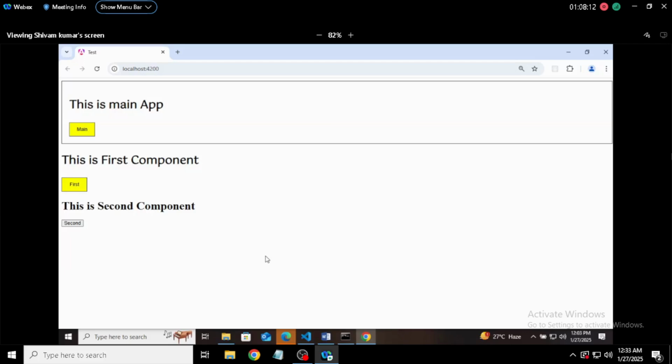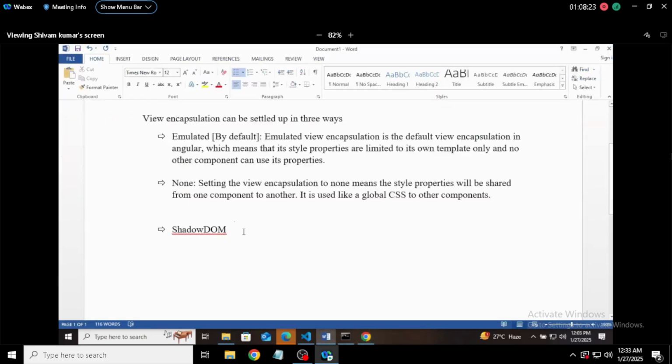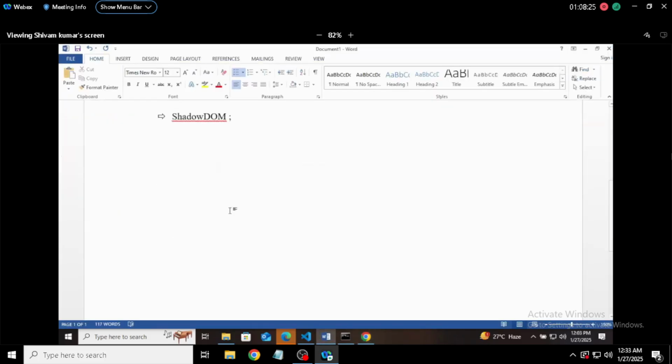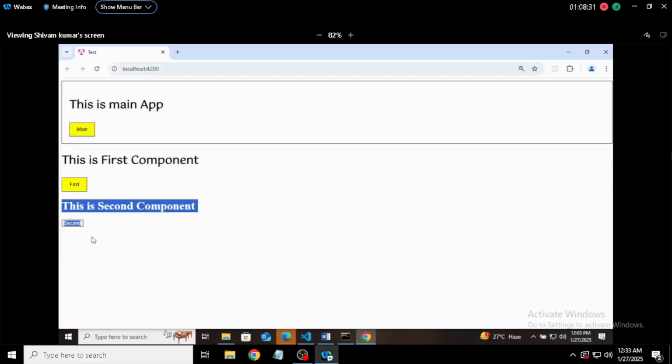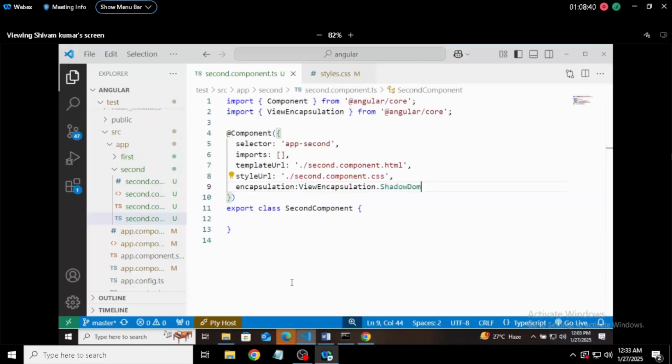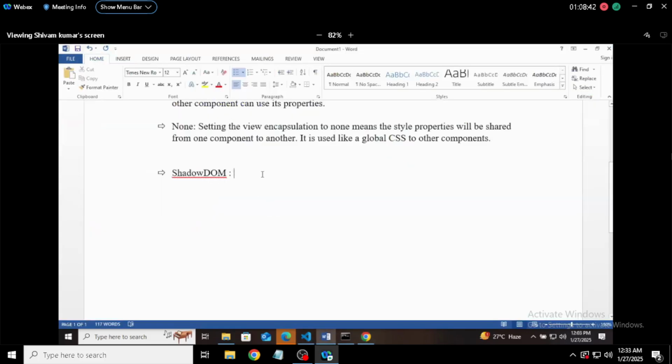This component is not using the global CSS, right? Very good. So what will Shadow DOM do? Why is its name Shadow DOM? Because this second component is not going into the main DOM now. It is creating another DOM to use. So this Shadow DOM,